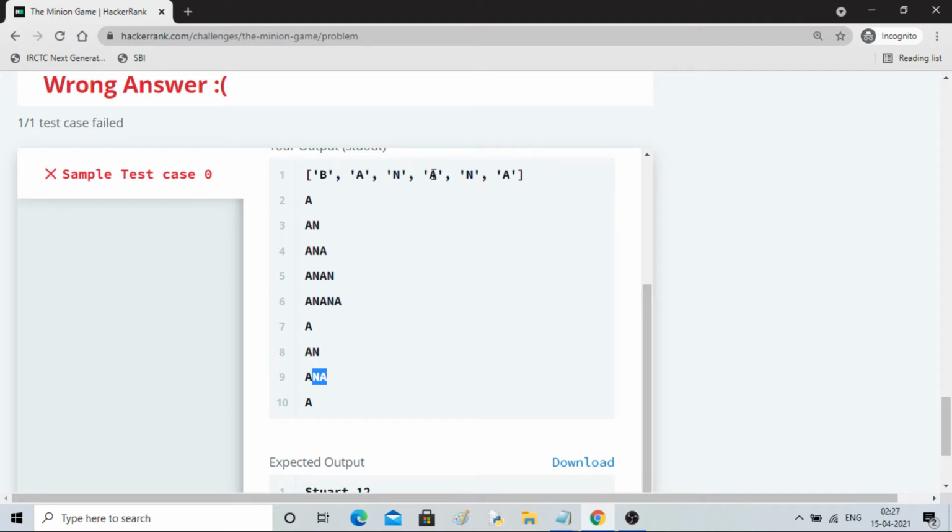Then it went to the bigger for loop, went to N, this N is not a vowel, so it went to this A and printed it. So from left to right it is going, you can see that.